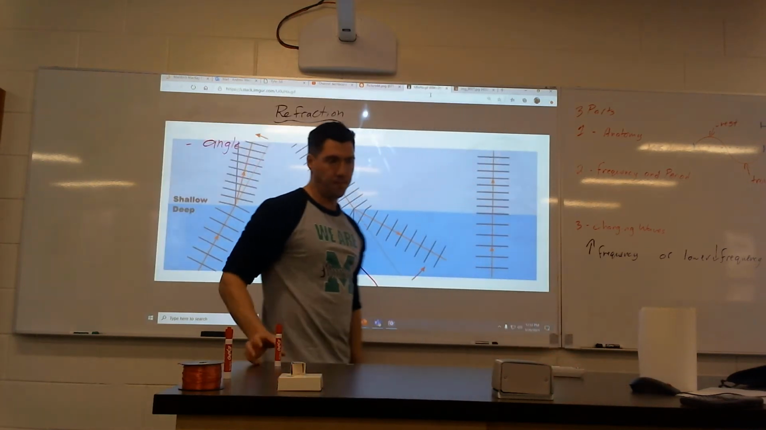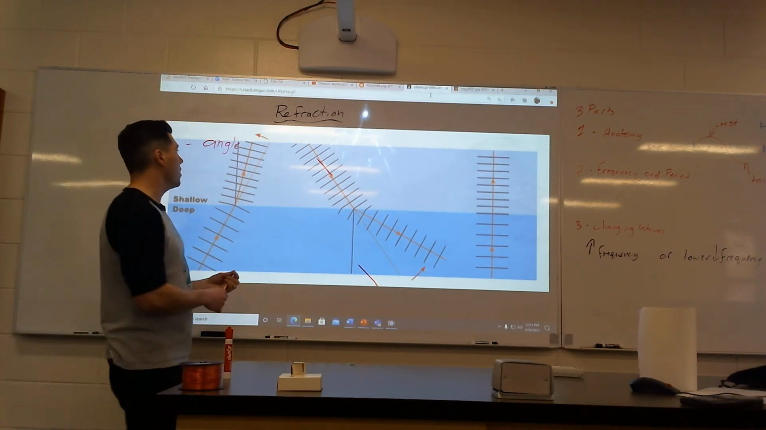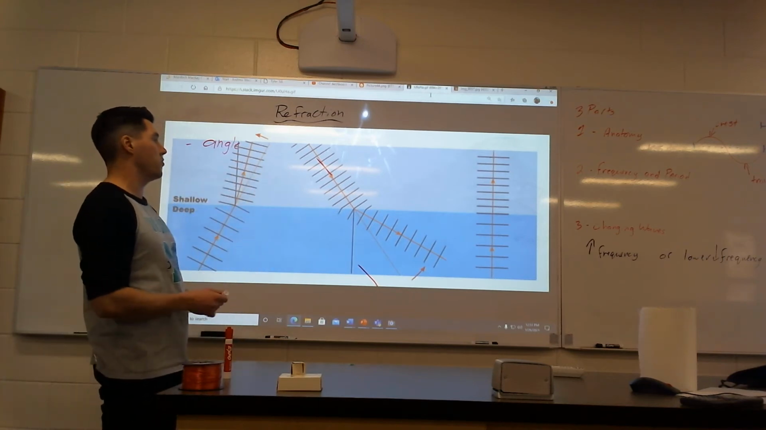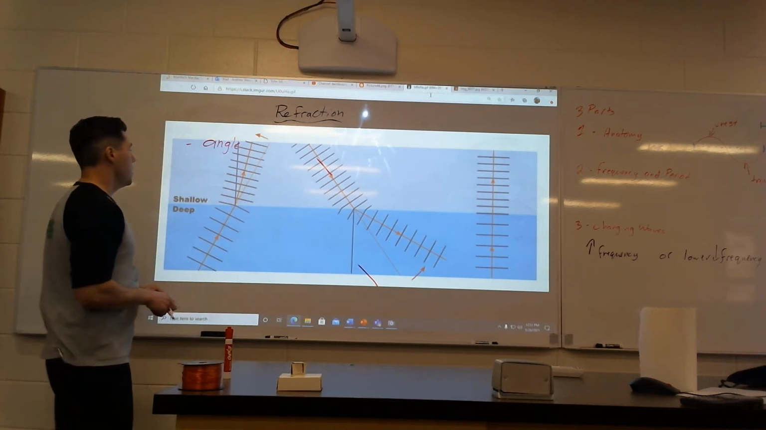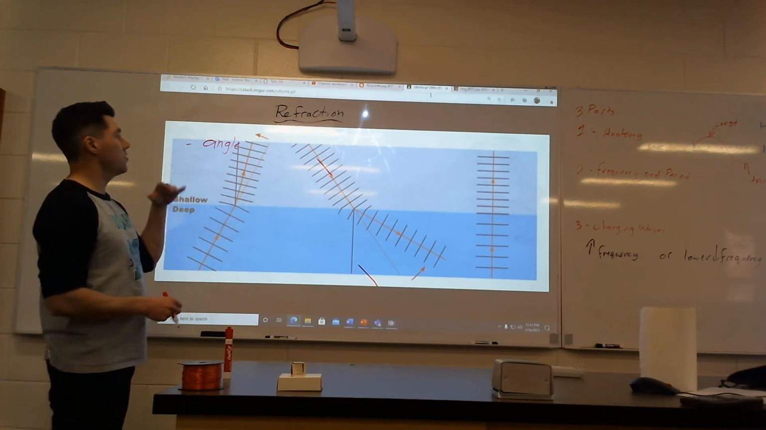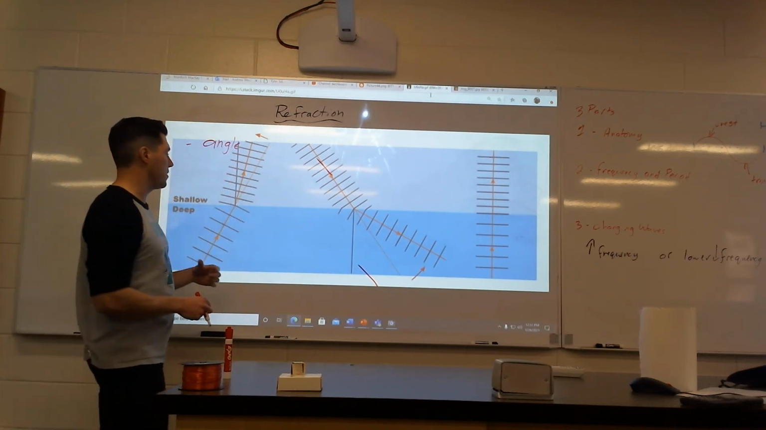So this is trying to show water waves here, but I'll talk about a few different things here because this could just be sound waves traveling, or light waves traveling. You can kind of see that the angle changes. You'll notice one other thing that changes here, and it's not exactly easy to see maybe at the start, but you